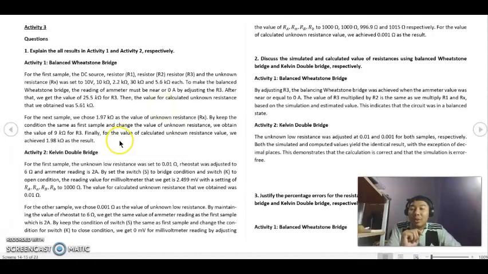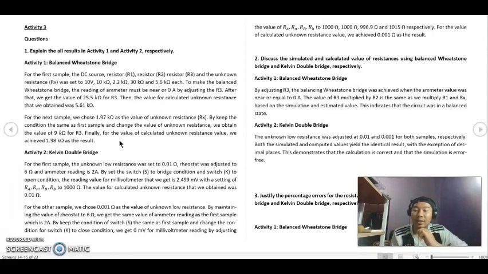Then for the next sample, we choose 1.97 kilo ohm as the value of unknown resistance RS. By keeping the same conditions, we get 9 kilo ohm for R3. And finally, for the calculated unknown resistance value, we achieve 1.98 kilo ohm. And next is activity 2, which is the Kelvin double bridge. We do the same method by